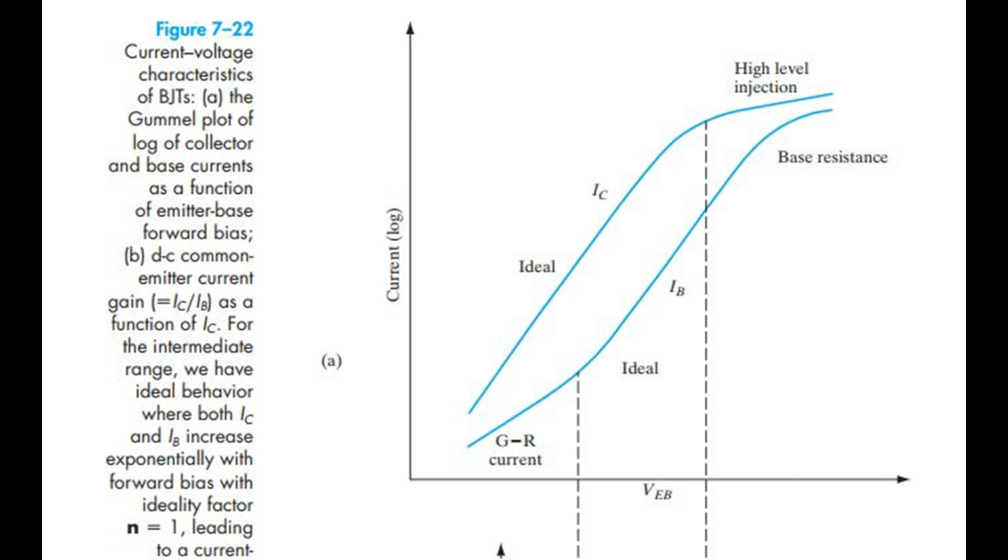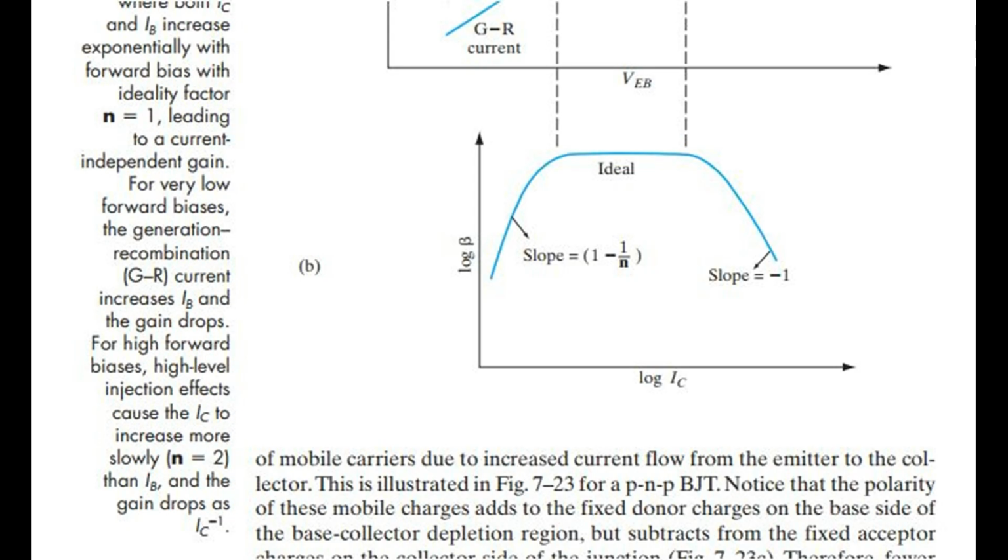Figure 7.22 Current voltage characteristics of BJTs. A, the Gummel plot of log of collector and base currents as a function of emitter base forward bias. B, DC common emitter current gain equal IC/IB as a function of IC. In the intermediate range, we have ideal behavior where both IC and IB increase exponentially with forward bias with ideality factor n equal 1, leading to a current independent gain. For very low forward biases, the generation recombination, GR, current increases IB and the gain drops. For high forward biases, high-level injection effects cause the IC to increase more slowly, n equal to 2, than IB, and the gain drops as